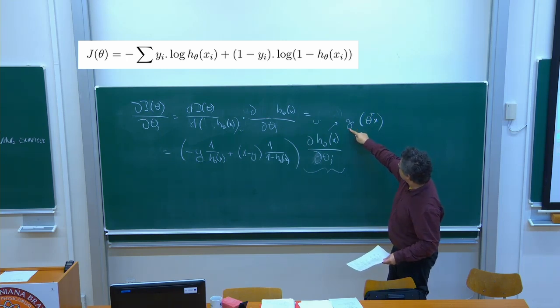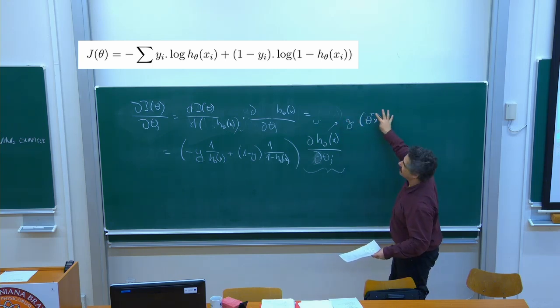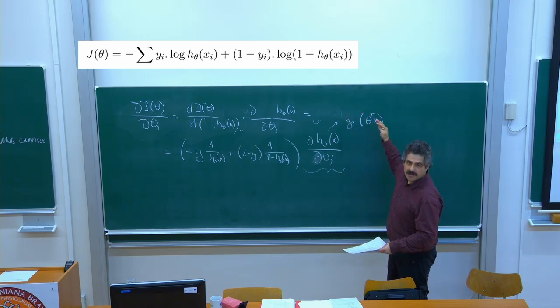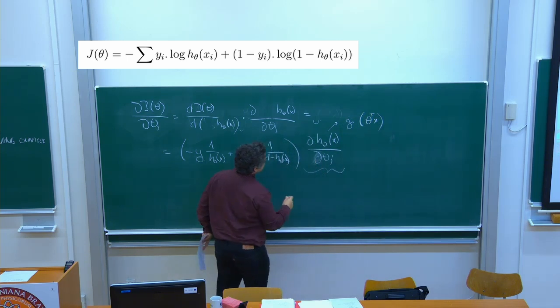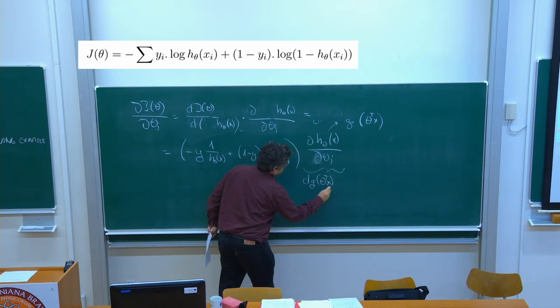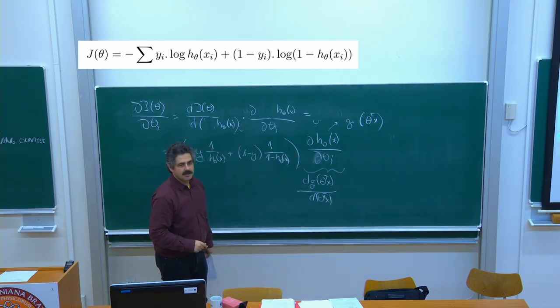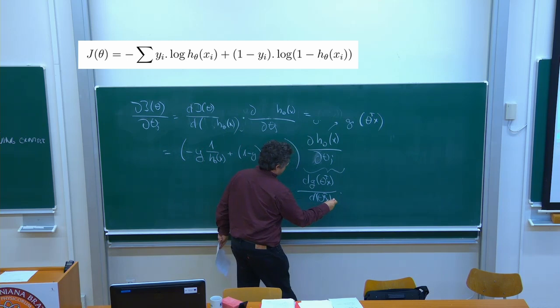So I can do one thing: I can separately take the derivative of the sigmoid function and separately take the derivative of the inside. So again, using the chain rule, I will use d over this, and then times